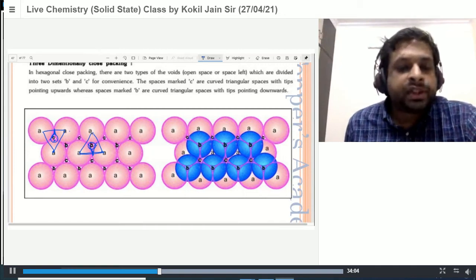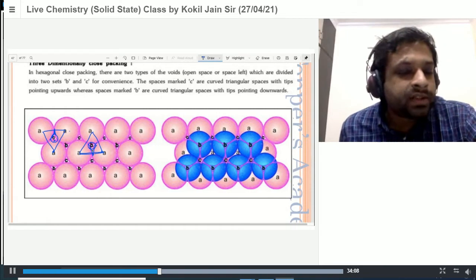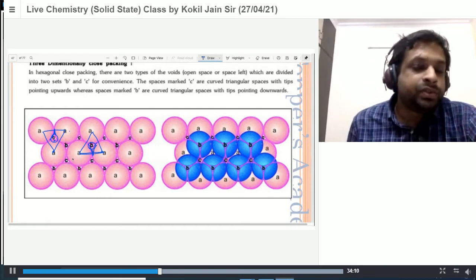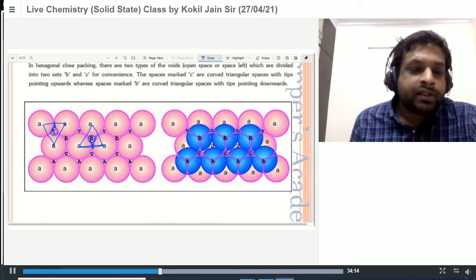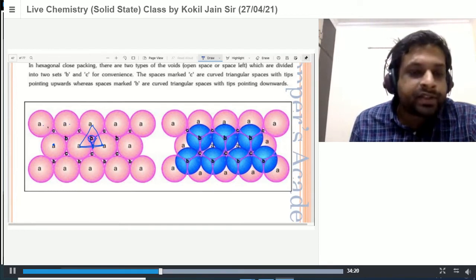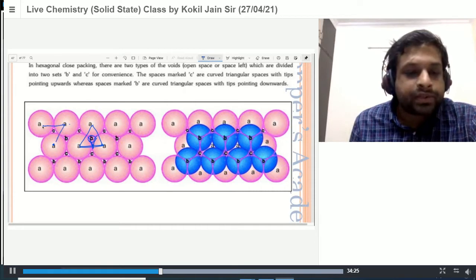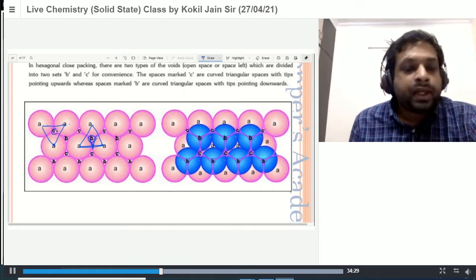Now you see here this B type of void space and C type of void space are different. When we try to visualize it, whenever you arrange atoms side by side in this type of arrangement, again we try to calculate the packing efficiency. Some spheres are on the upper side and then one sphere is on the lower side. So it's only one type of void. Of the space, about 47.6% is void volume.